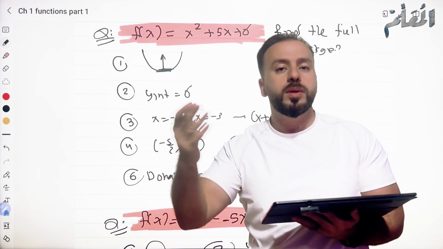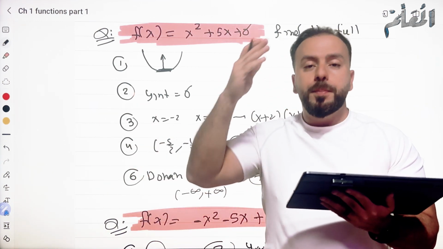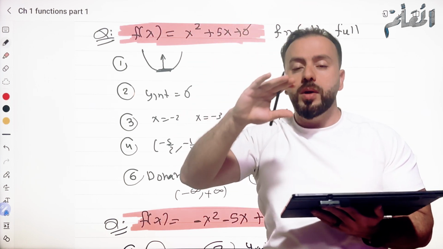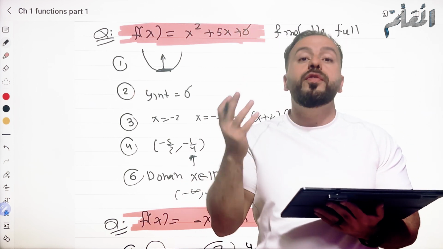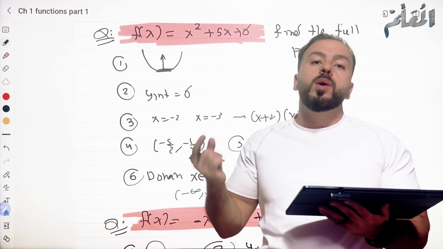What are the roots? Maybe what's the axis of symmetry? Find the vertex. What's the vertex? Maybe the parabola shape. Maybe the parabola shape comes as a question, and you need to extract information. What are the two roots? If you know that this parabola touched the x-axis at one point, how many